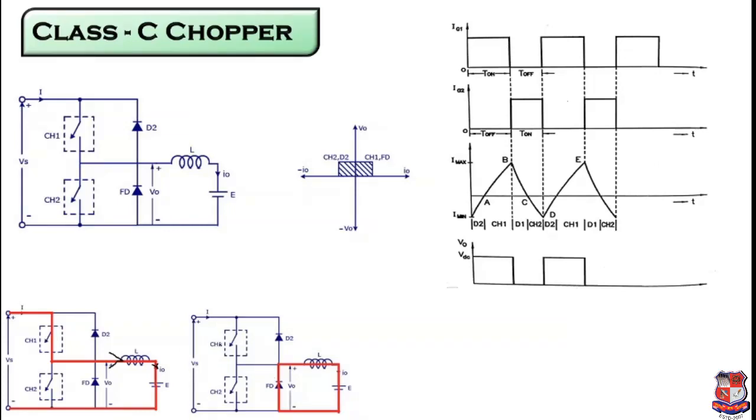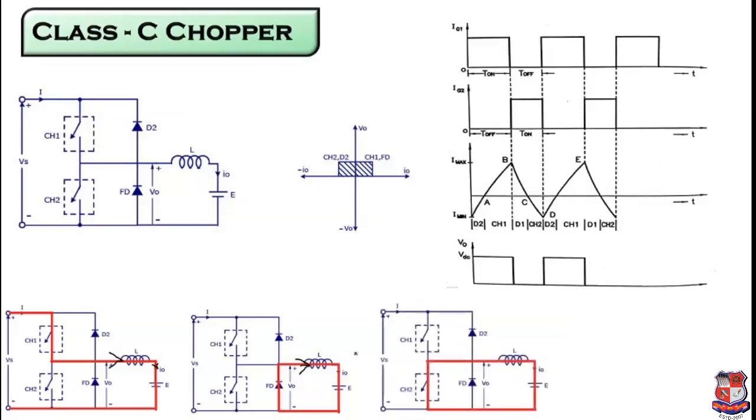Second mode, if you turn off the switch, then automatically the freewheeling diode turns on, still the output current is positive, but what will be the output voltage? So output voltage becomes 0. Okay, when you turn on the freewheeling diode, output voltage shorts, so as a result output voltage will become 0. However, you can see that it is still operating in the first quadrant because current is positive but voltage is 0. Okay, next, now what is done, chopper 2 is turned on.